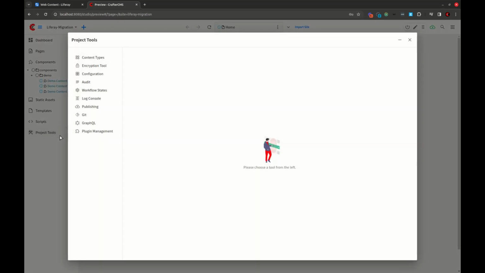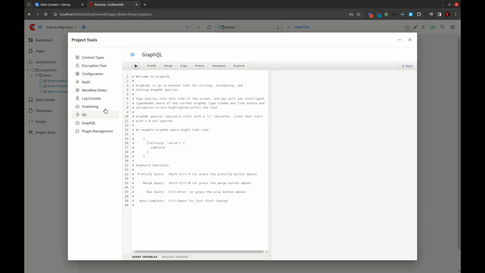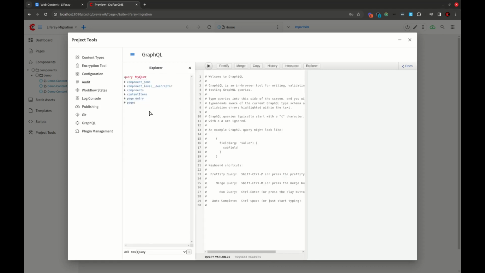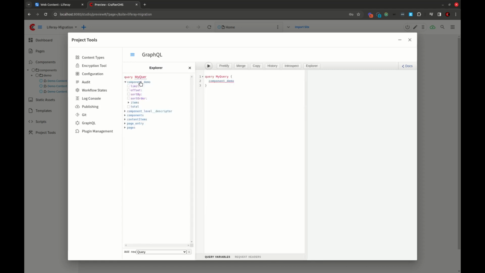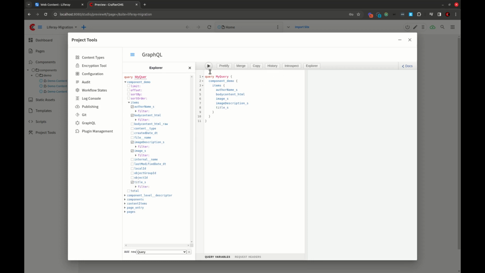and we're going to click on GraphQL, and then we'll open up the Explorer so we don't have to write the query. We'll let the Explorer write the query for us. We're going to select component demo and then items, and then we will choose some fields. So let's click author name, body copy or body content, the image, and then let's get the image description and the title. So we're going to pull back all objects with these fields, and now let's run the query, and